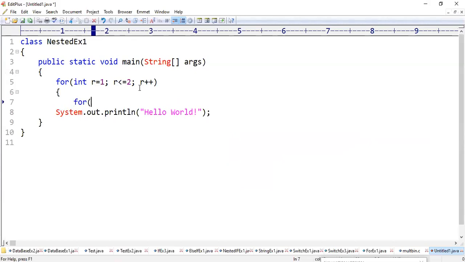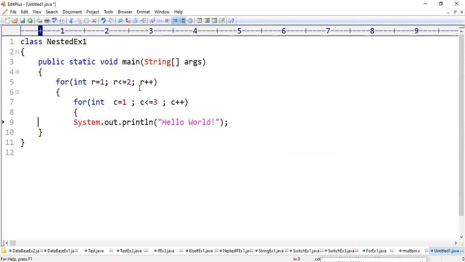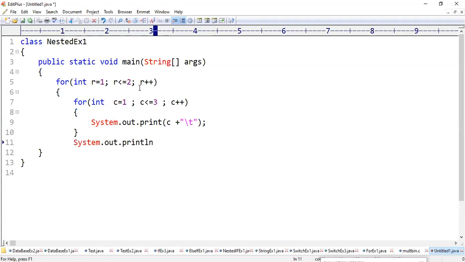For int column equal 1, column less than or equal to 3, column plus plus. System.out.print. I just want to display what? Only the C value and a tab. System.out.println. Close the loop. Save your program.